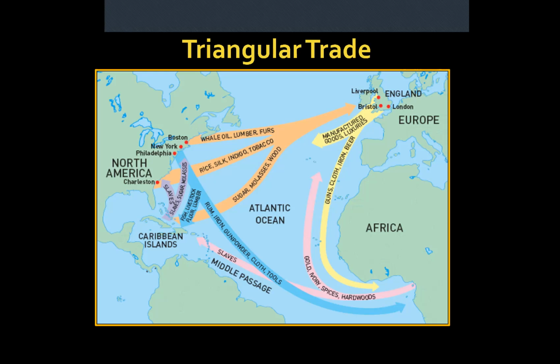So you can see that from Europe, they brought down things like guns and cloth and iron and other things, down to West Africa, and they supplied the kingdoms that were there. They didn't actually control those areas. They worked with the powerful kingdoms in West Africa, and that provided them more power because they had things like guns, right? And they would go into the interior and dominate their enemies, if you will, and then bring them back as slaves and trade that for those goods.